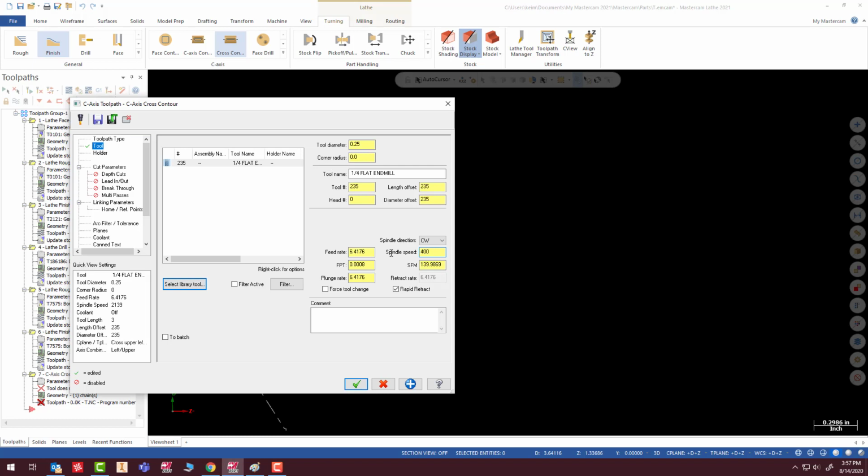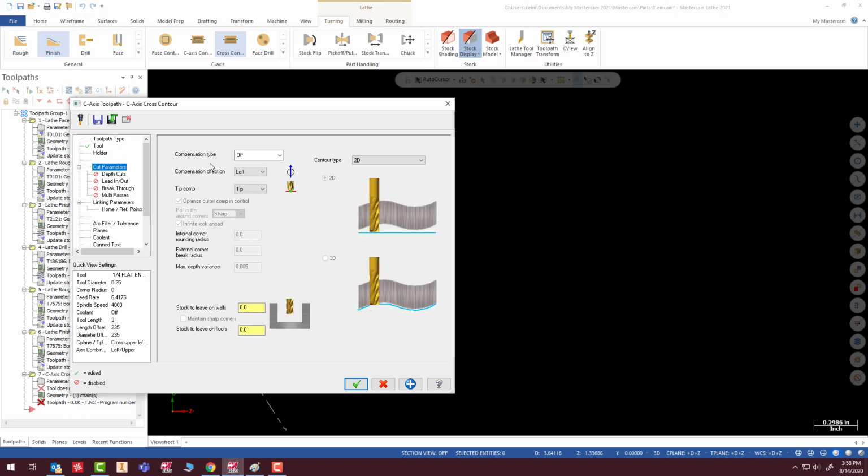I think the max spindle speed is 4,000 on the STYs. And our feed rate, we should probably be at like 0.002 per. We're going to slow that down a little bit since it's live tooling. Live tooling, you can't really go quite as fast as what you can in a mill. So 24, we'd probably try that out, see how that works. That should be okay. Okay, so like I said, we can always speed it up later